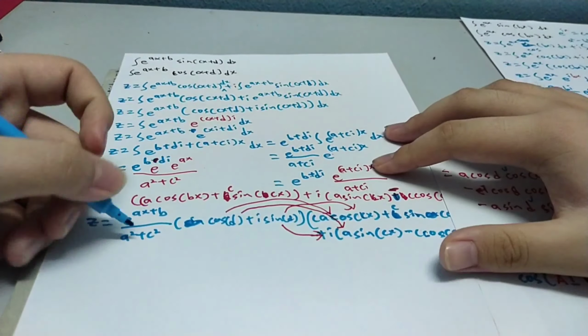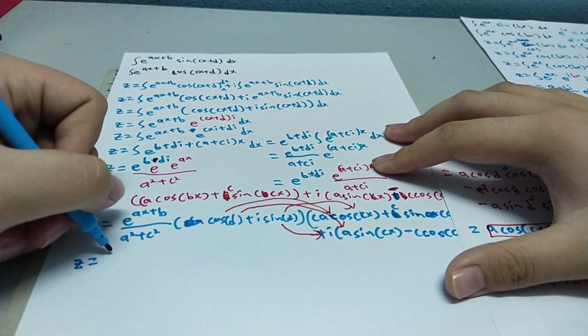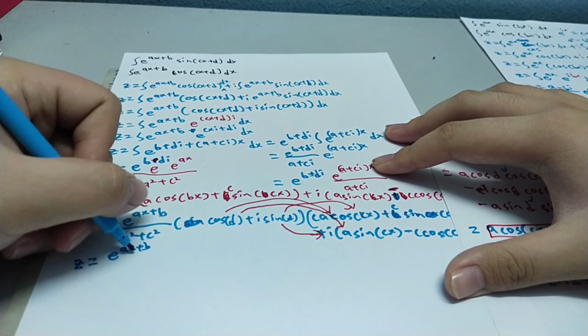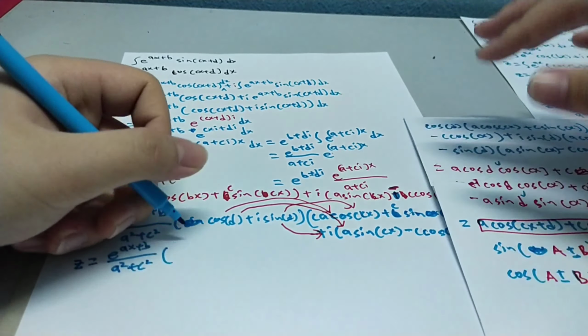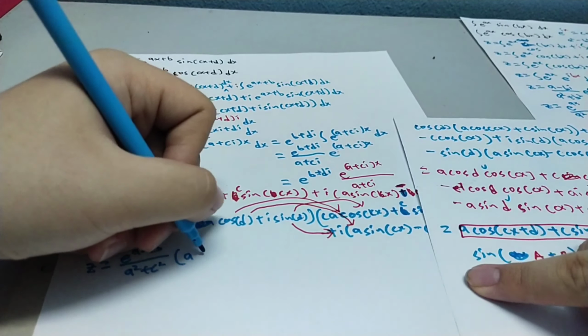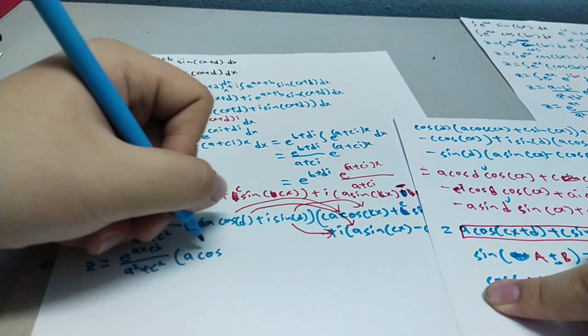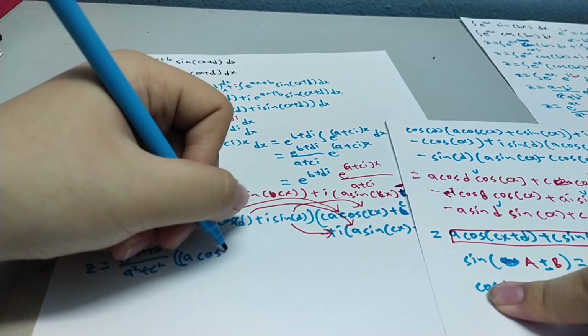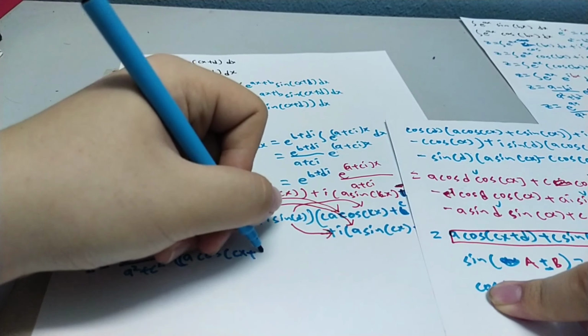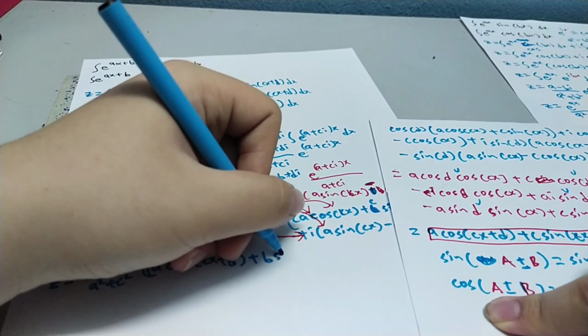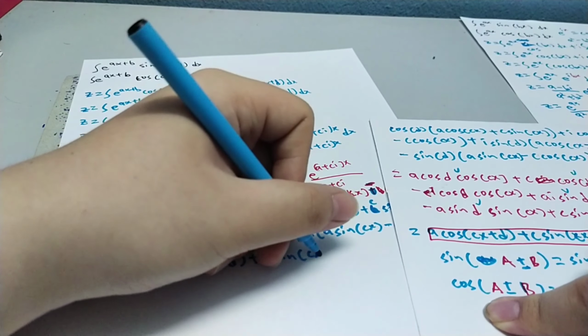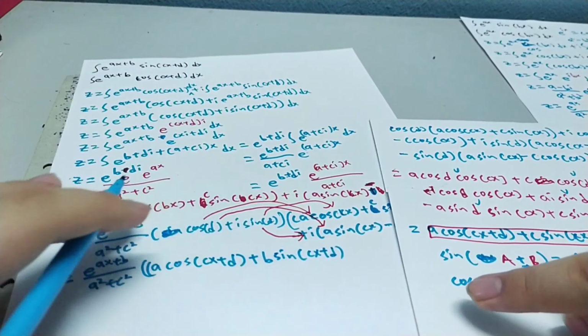So z is equal to e power of ax plus b over a squared plus c squared, times a times cosine of cx plus d plus b times sine of cx plus d